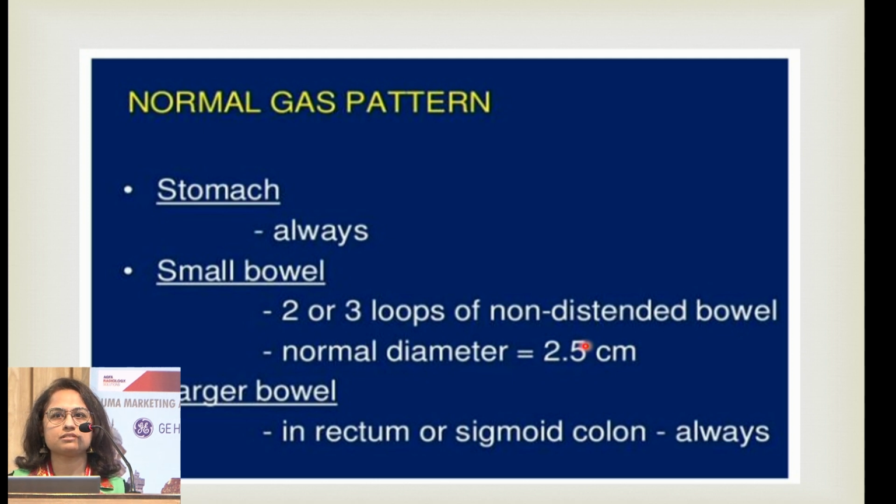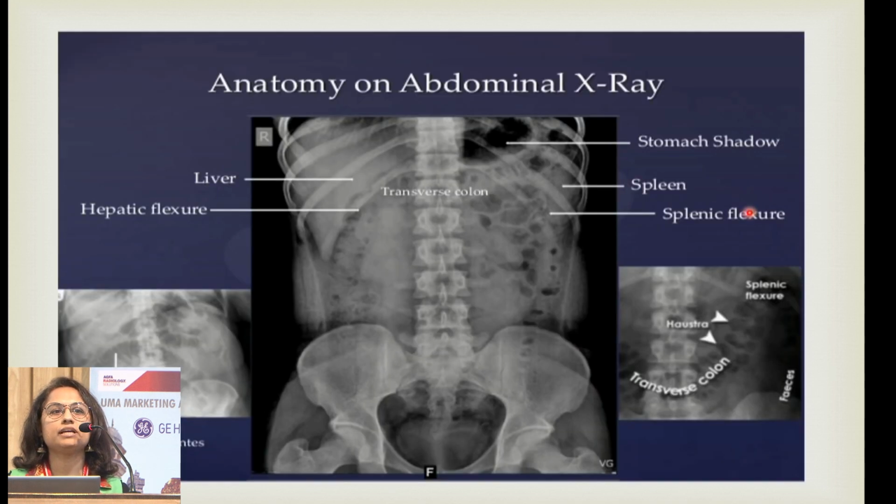Now we know how the normal gas pattern will look like, but then we need to differentiate. Other than anatomical positions, how will we know that this gas belongs to this bowel part? So here comes the role of the haustra for the colon and the valvulae conniventes for the small bowel. So what are valvulae conniventes? They will give a complete ring-like appearance. They are the thin complete rings crossing across the lumen, while the haustra are thick projections. So they are not complete. They will protrude into the lumen. So other than anatomical landmarks, these are the things that will tell us which part of the bowel the gas we are seeing on a radiograph belongs to.